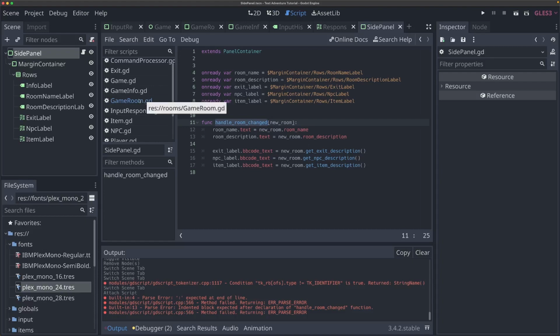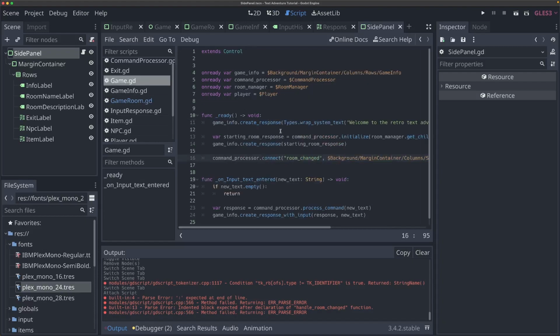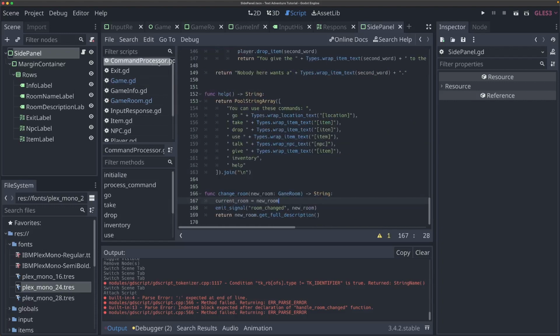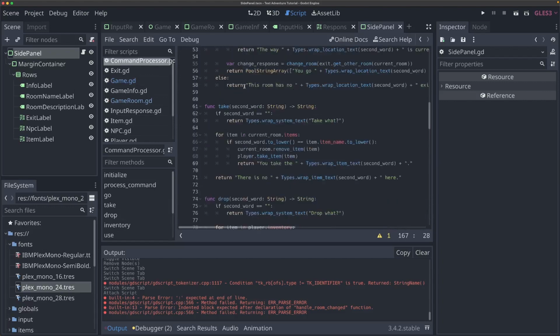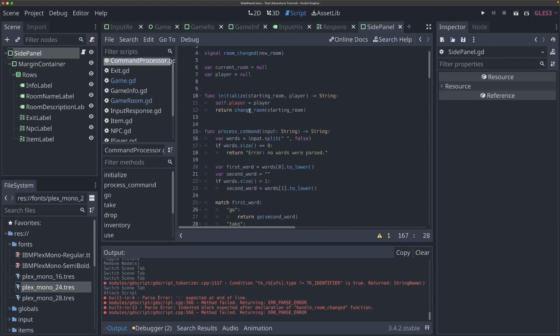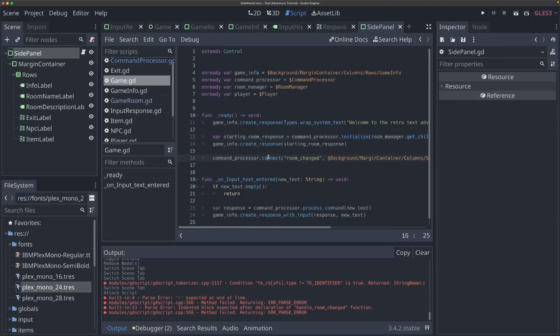And I think this should happen by default, because if you come into our game, when we say command processor.initialize here, and if we go into command processor and look at our initialize function, we'll see that we actually call change room in our initialize function. The problem is that we need to make sure this doesn't get called until after we connect the signal in our command processor. So if we go back to our game script, you'll see that we're actually connecting this signal after we call command